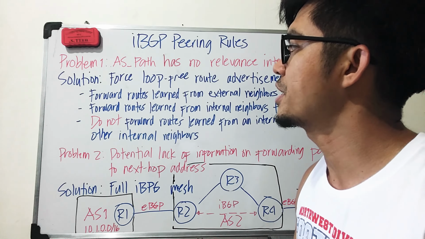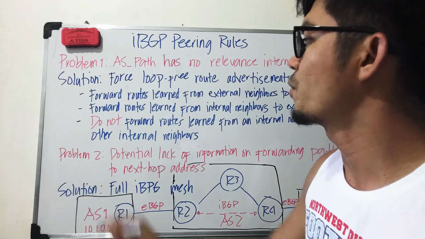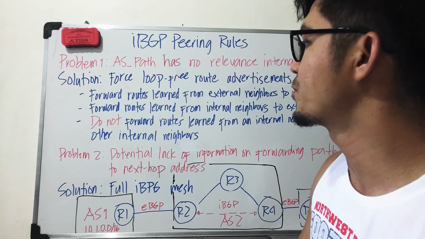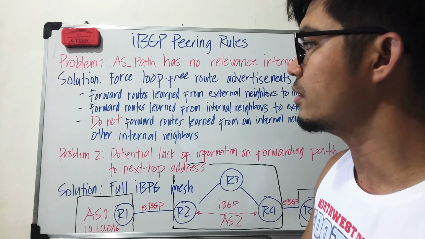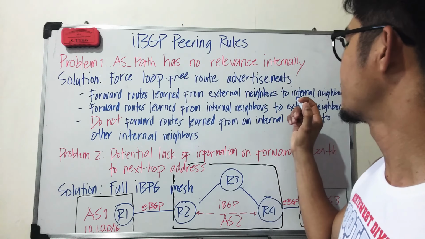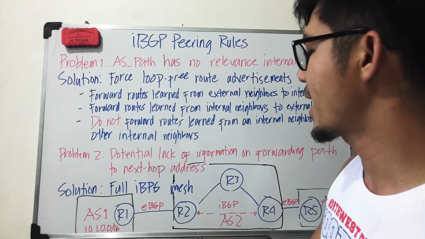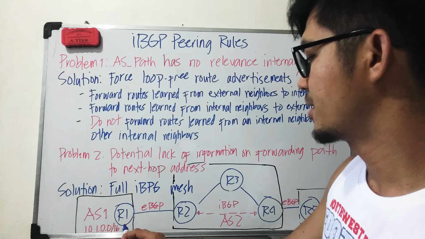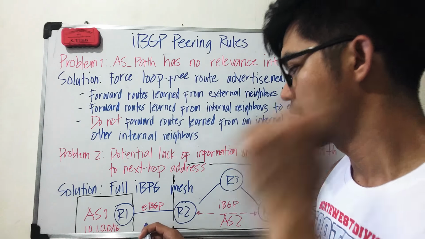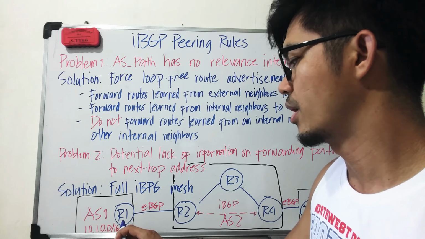So the solution here is forced loop free route advertisements. So we got these 3 rules that we need to remember. So, forward routes learned from external neighbors to internal neighbors. So an example of that is this. Of course, you know, the peering here is iBGP. So for example,